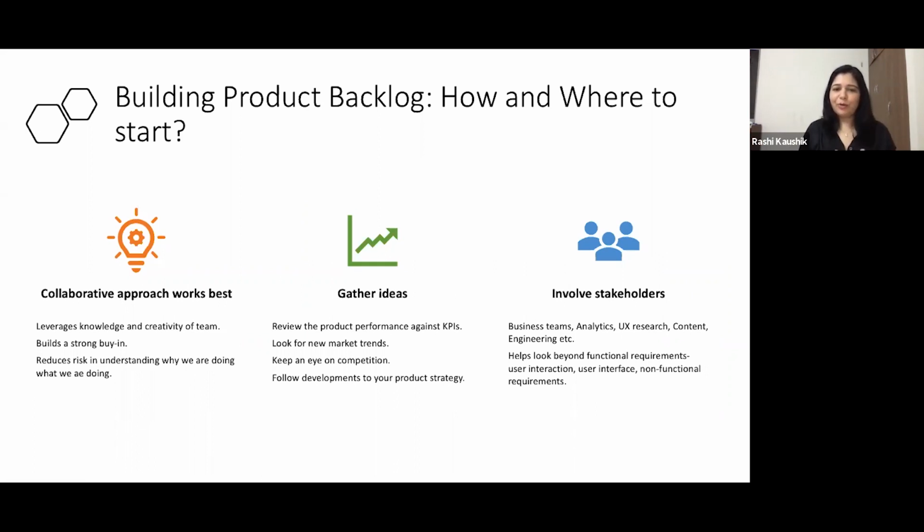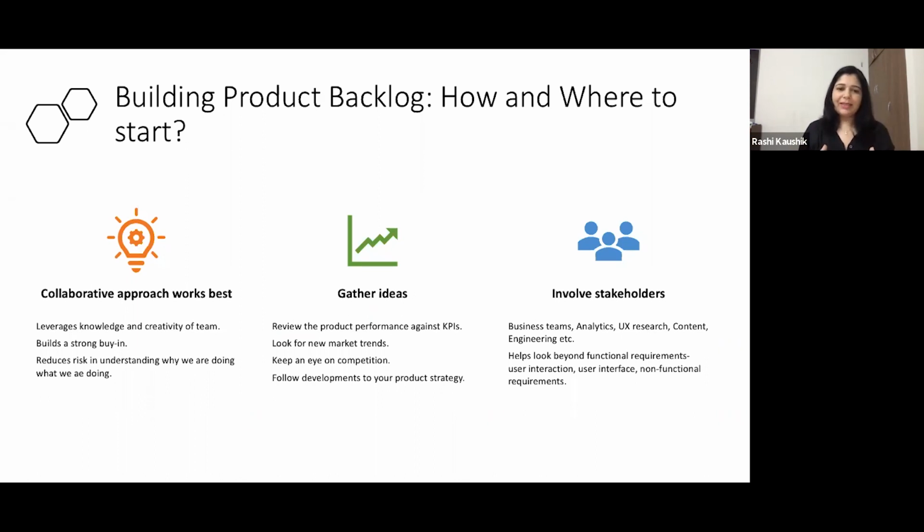If your product has been out for some time, review the product performance against the KPIs and identify the gaps. Analyze the data which is collected to understand how your product is doing in the market. Do the metrics show a positive, a flat, or a negative trend? Look at all these trends and then sit down and draw conclusions from those trends. Do a proper analysis and see what would help your product perform better.